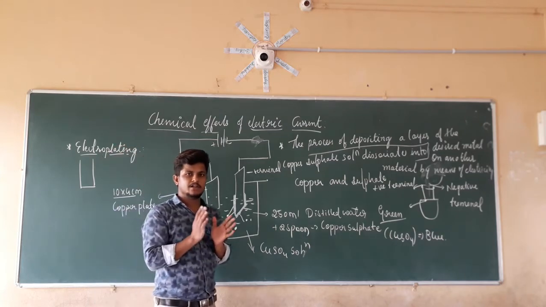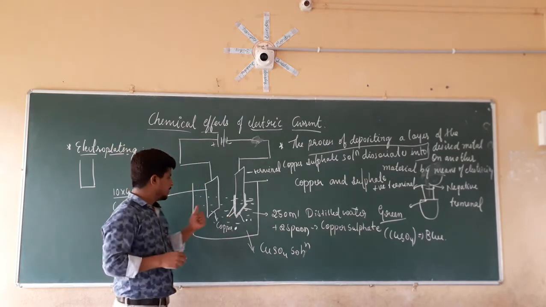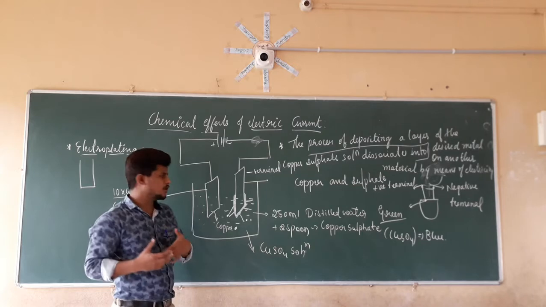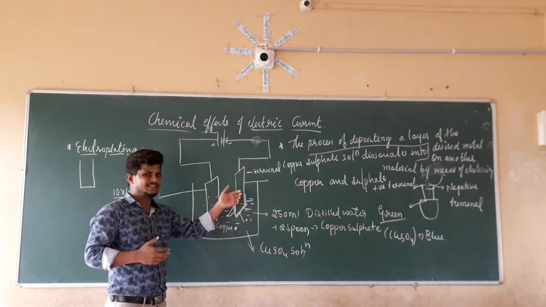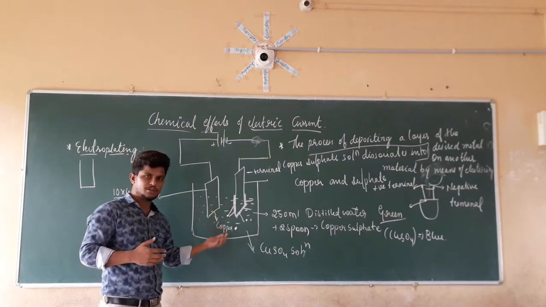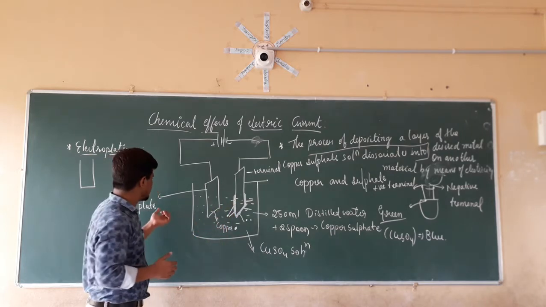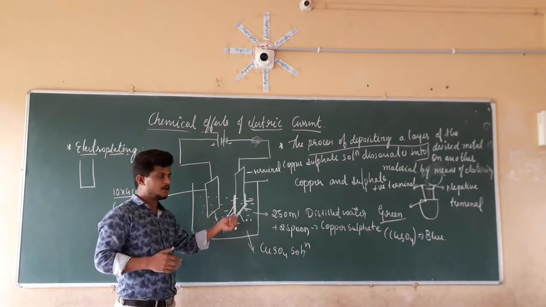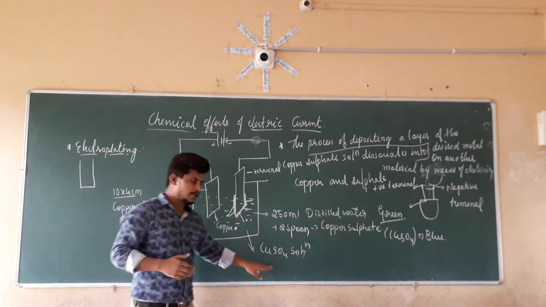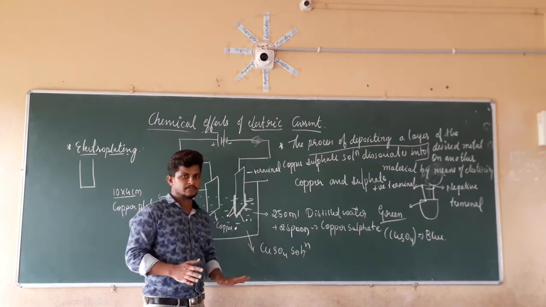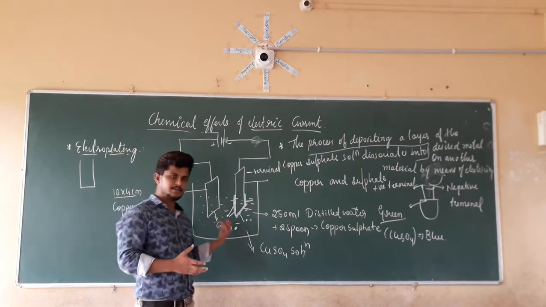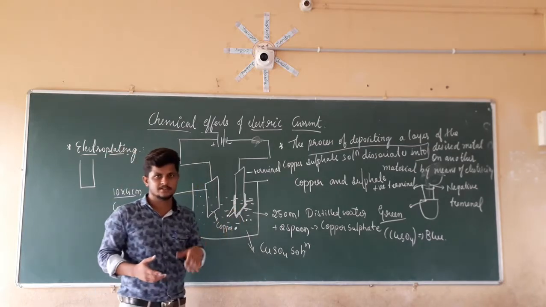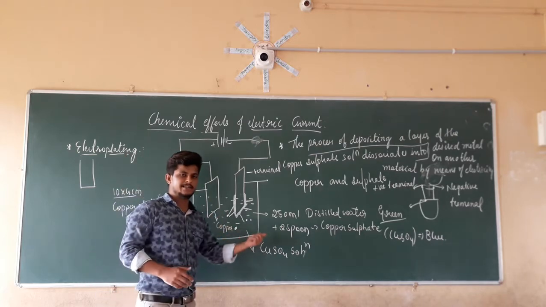Always remember that while doing the electroplating, the solution should have the desired element we are going to deposit on this plate, that desired element only. Here we are going to deposit copper on this element. Because of that we are taking the copper sulfate solution only. In the same way, if you take another example like ferrous, iron, we are going to deposit iron on these things. For that reason we are going to take iron sulfate solution.